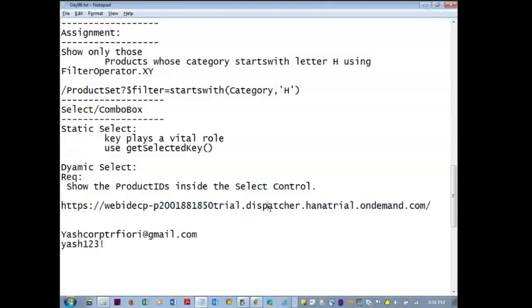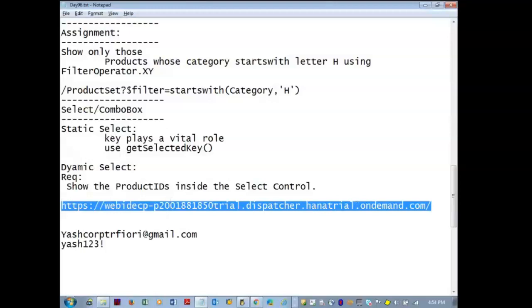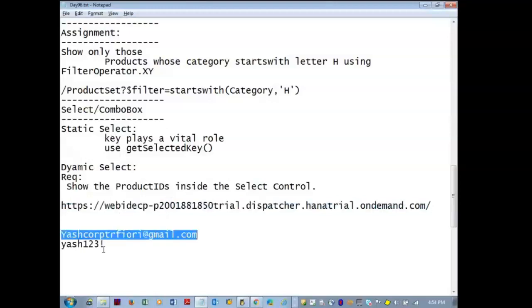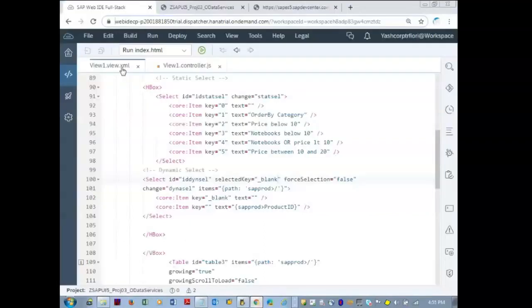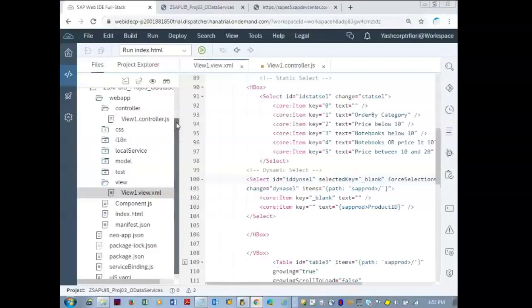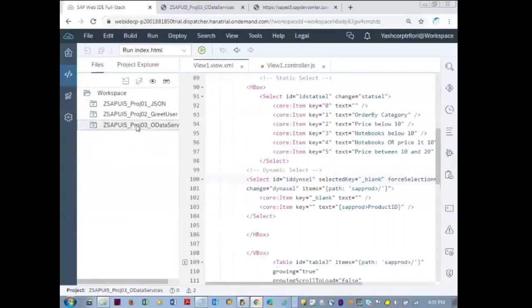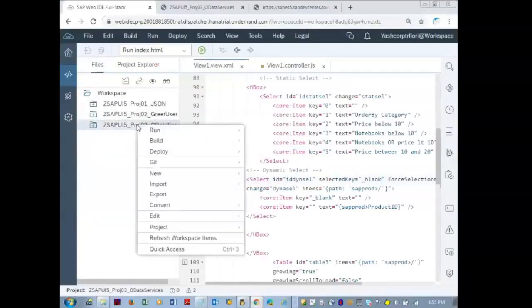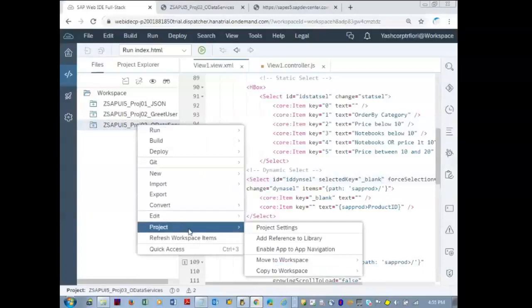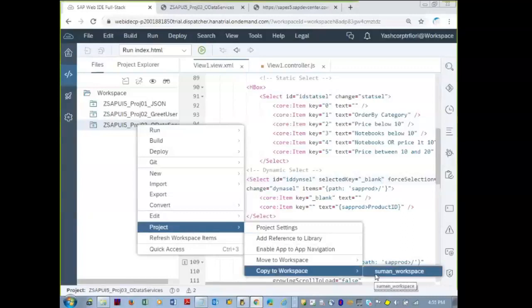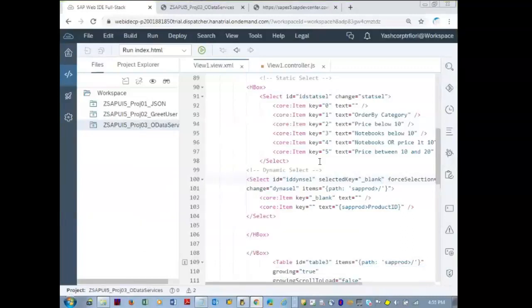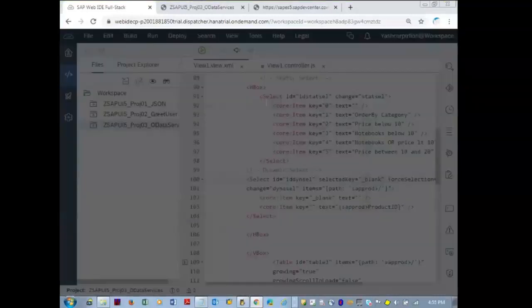Copy this URL, open it in an incognito window of the Chrome browser, and then enter these credentials. Copy means export this code to your local machine and try to import it back. I will move this code to my workspace, just safeguarding it. If any issues, I'll pull that code back again. So don't delete anything here.